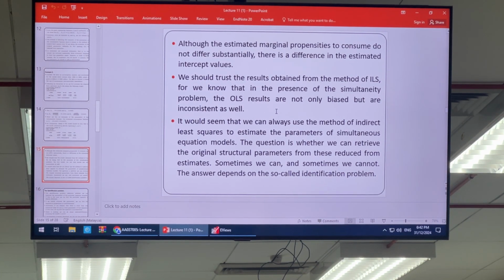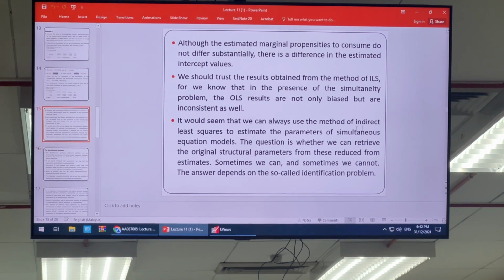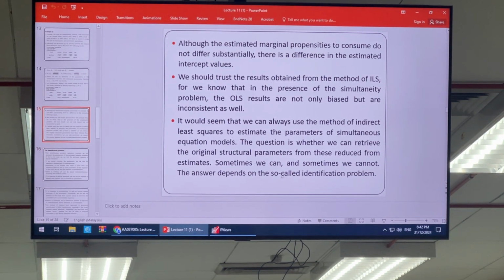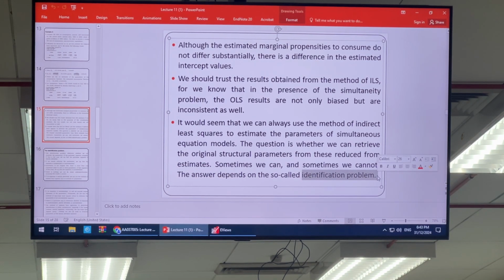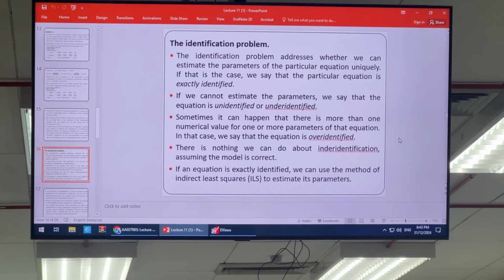So we are not always able to get estimates of the parameters in the simultaneous equation using the indirect least square, or through the reduced form equation. Sometimes we are able, it depends on the situation. Sometimes we are able to get an estimate, sometimes we cannot. So how do we know whether we are able to get an estimate or not? It depends on what we call the identification problem, as I explained in the